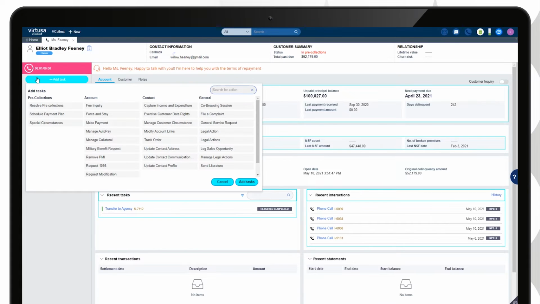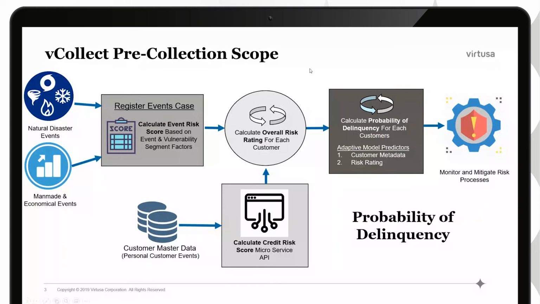Add Task is clicked and the respective task is selected from the ones available. The probability of delinquency is calculated by considering two types of risk. One is credit risk, based on the financial health of the borrower, and the other is event risk, which arises due to natural or man-made disasters. These two give us a holistic view of the understanding of the borrower as we have systemic and unsystemic risks